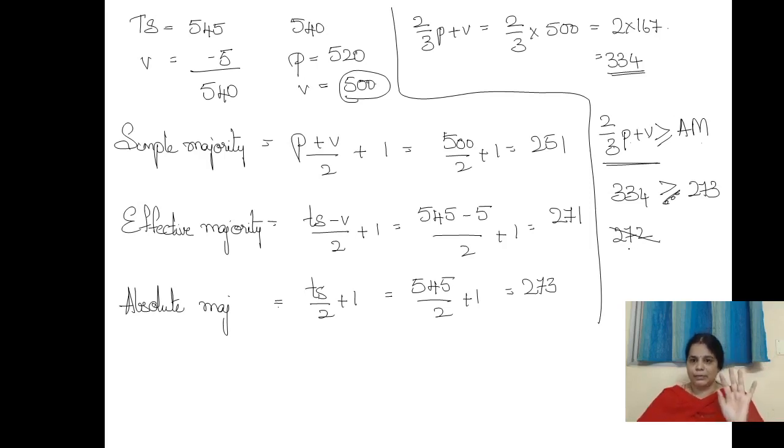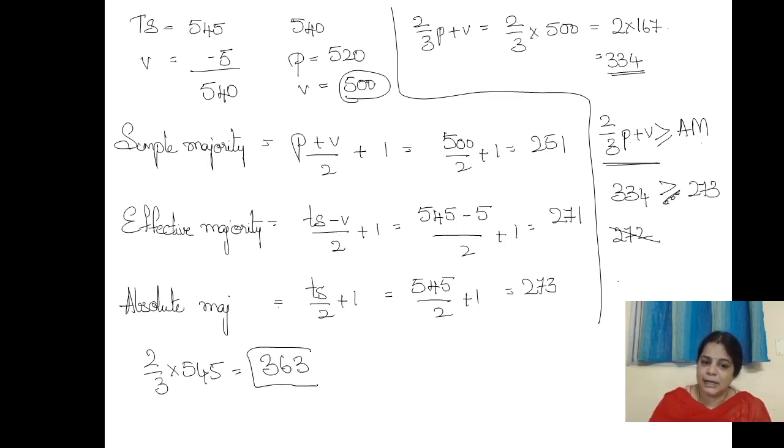So here it is not just the number of people who are supporting the amendment or the procedure that is important. What is also important is that this 2/3 present and voting calculation should be greater than 273. And 2/3 of the total strength of the house is nothing but 2/3 into 545, which would roughly be around 363 or 364. This is the highest majority required in the constitution.